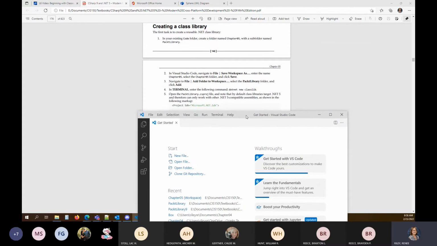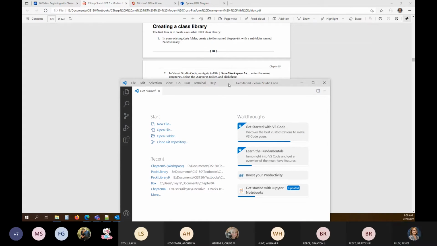So I want to create a folder named Chapter 5 with a subfolder named Packet Library. So let's do that.